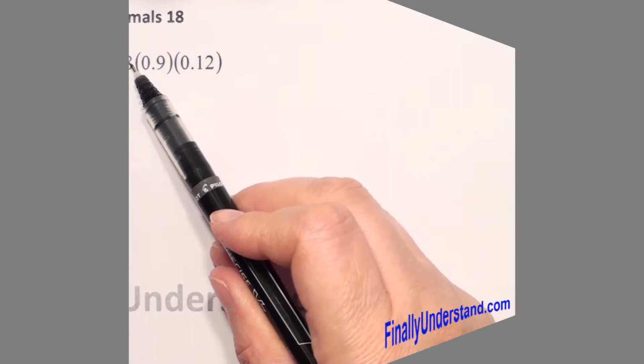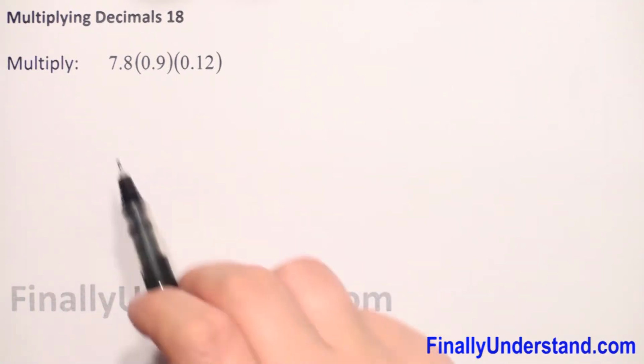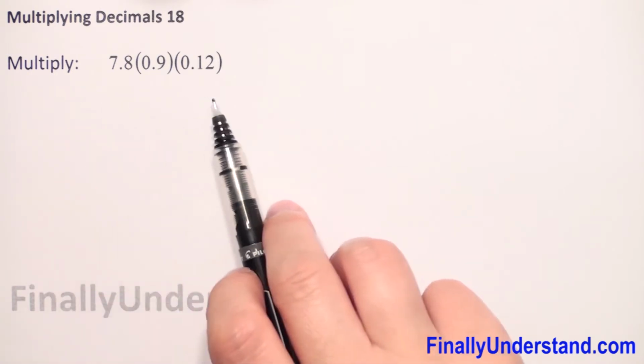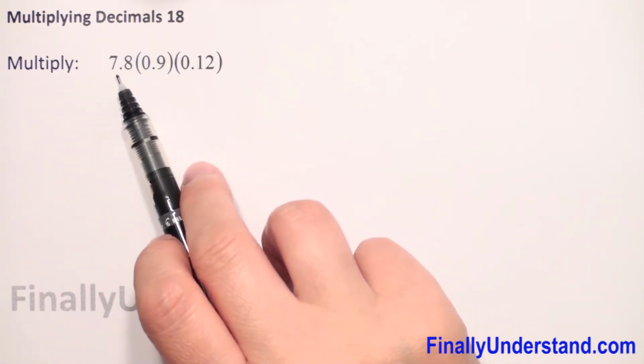We have given 3 decimal numbers and we need to multiply them. When we don't have any sign, it's multiplication. So how do we do this? We start from the left side and we go to the right. First we have to multiply 7.8